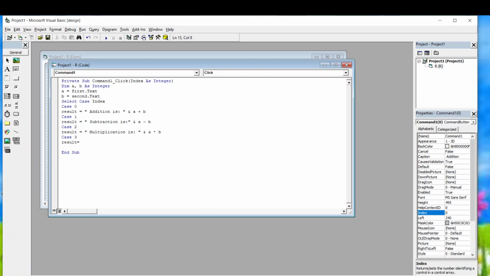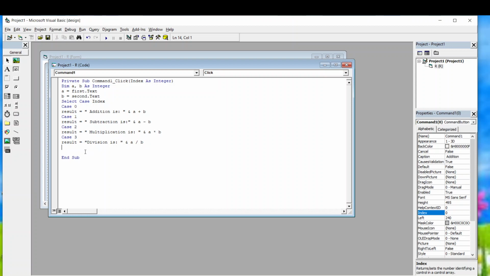Result equals to division is, space and give ampersand symbol and a divided by b. Enter. Now we have given code for 4 operations, that is addition, subtraction, multiplication and division.